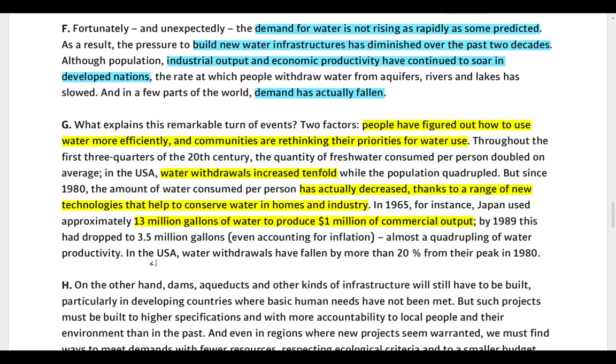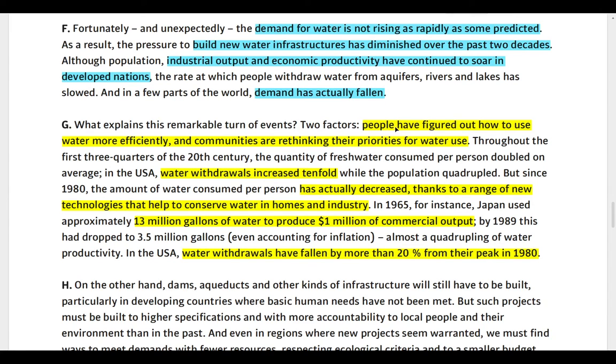In the USA, water withdrawals have fallen by more than 20% from their peak. So yeah, paragraph F was literally referring to a downward trend. However, paragraph G is continuing to explain, saying that the reason for that